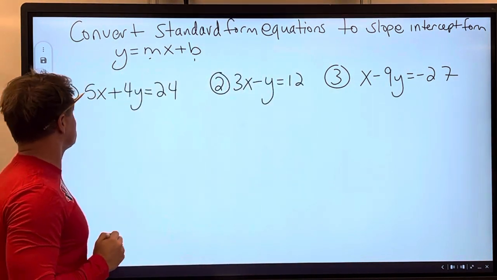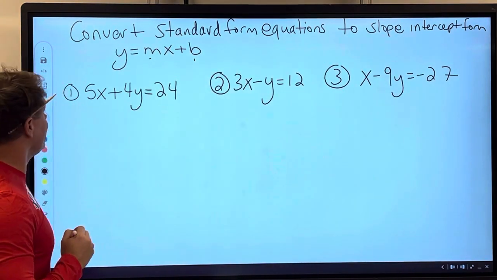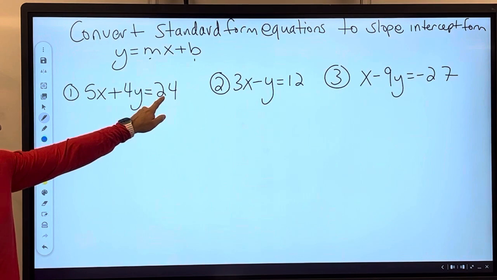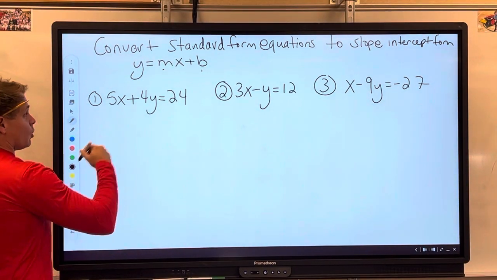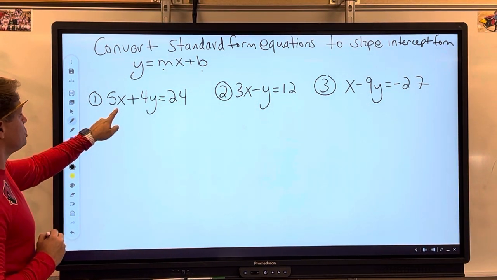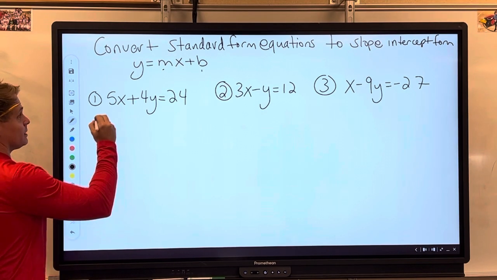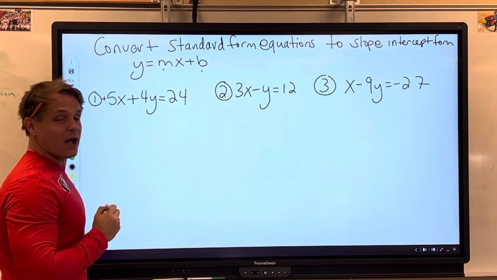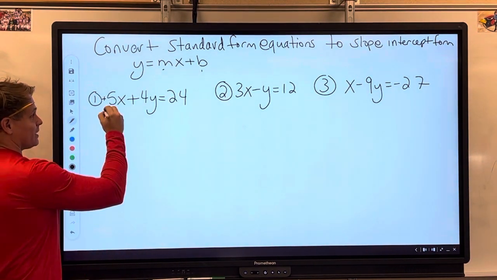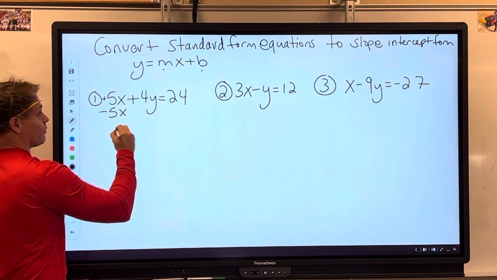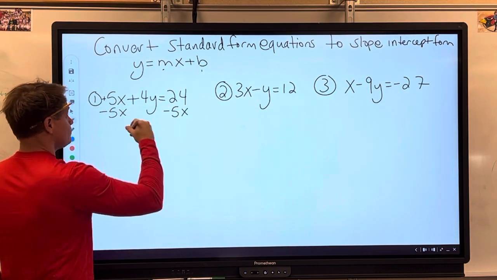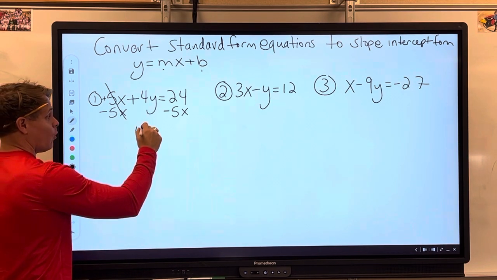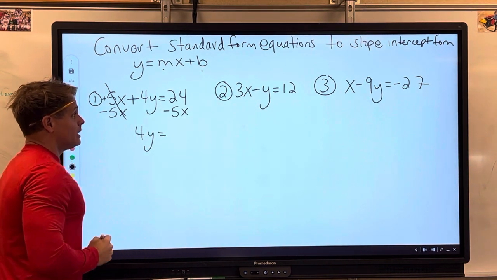So let's take a look at this one first. Number one is in standard form. We've got an x, a y, and then a number by itself. So the first thing I'm going to do is subtract 5x, because I'm adding 5x right now to y. The way I undo positive 5x is I subtract 5x from this side and this side. So the positive 5x and the negative 5x cancel, and I have 4y equals, now I have a 24